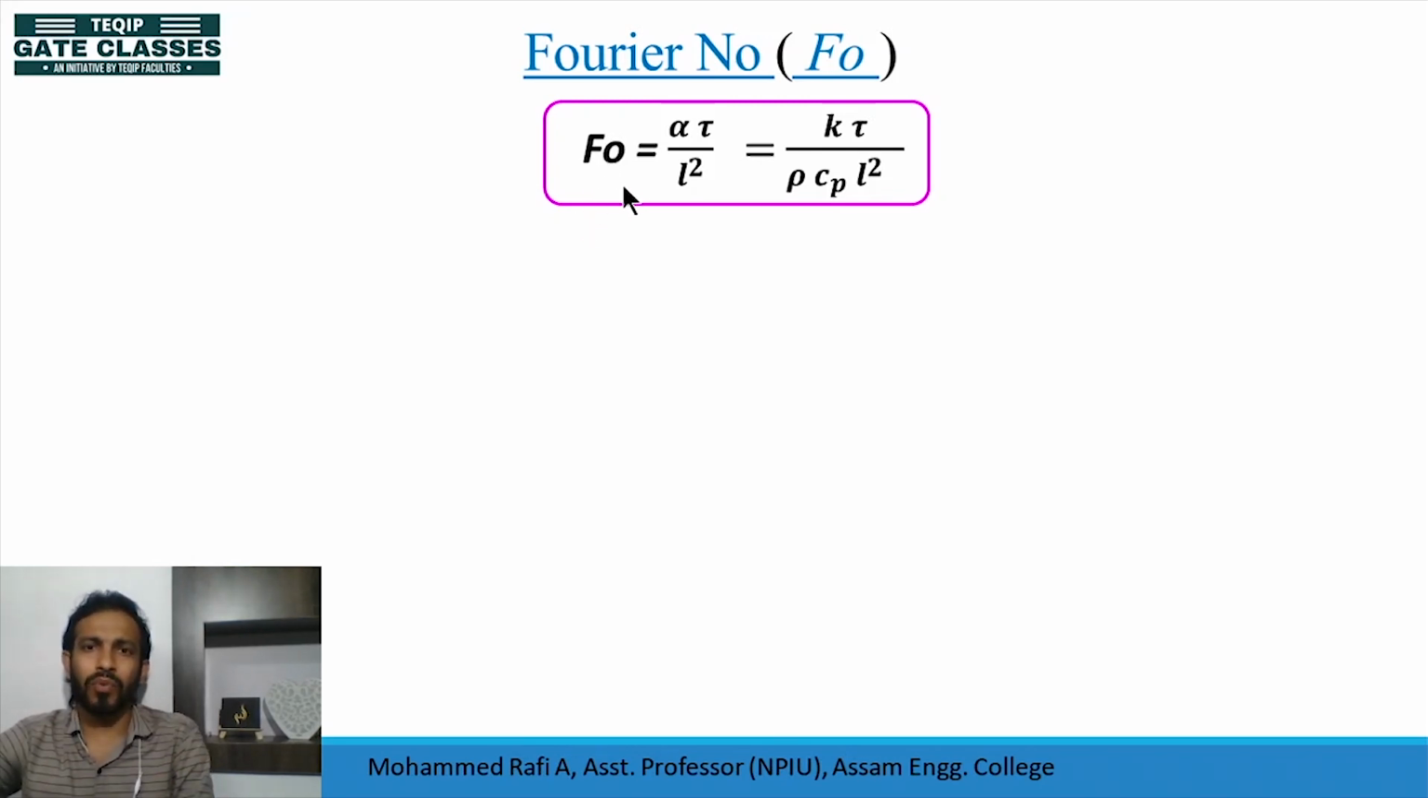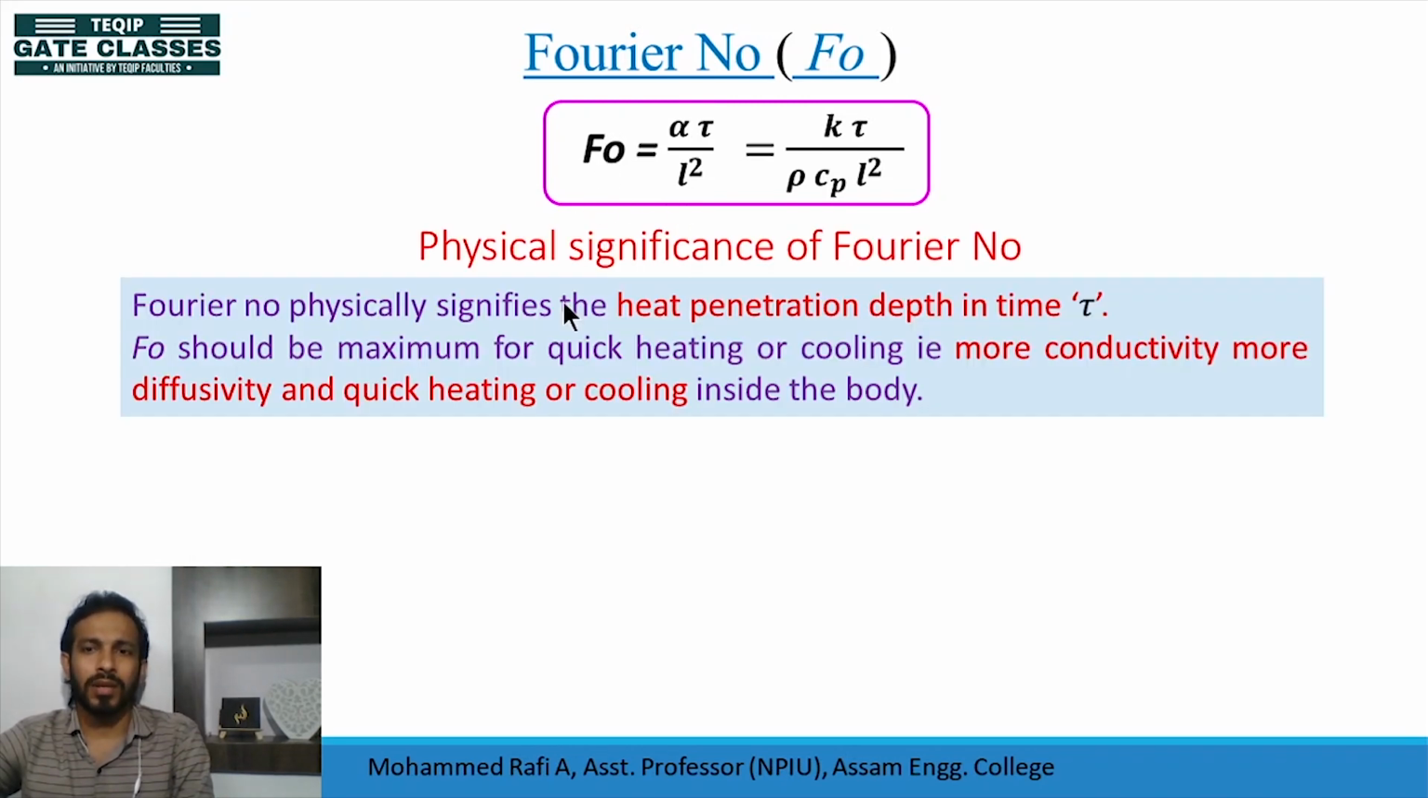Anyway, Fourier number doesn't have any dimension. So what is the physical significance? It is just giving an idea about the heat penetration depth. That means, for example,